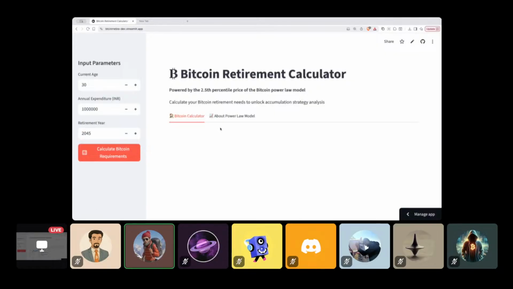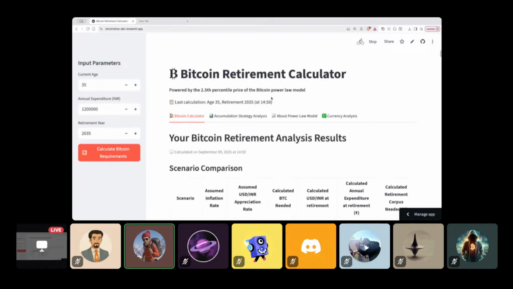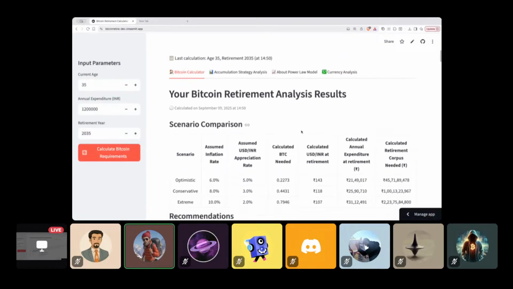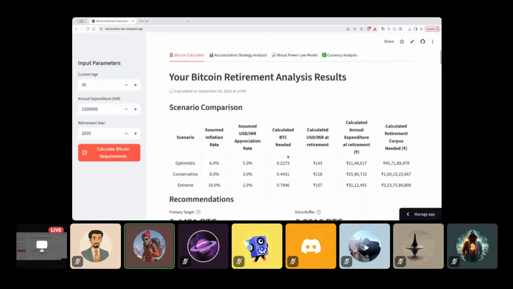I have changed the interface a bit when compared to version 1 that we saw a month back or so. Now I just get the following inputs from the user. You have to put in your current age, then your annual expenditure, let's say 12 lakh, and you want to retire 10 years from now, let's say 2035. And now once you have entered it, you can click calculate. So it will